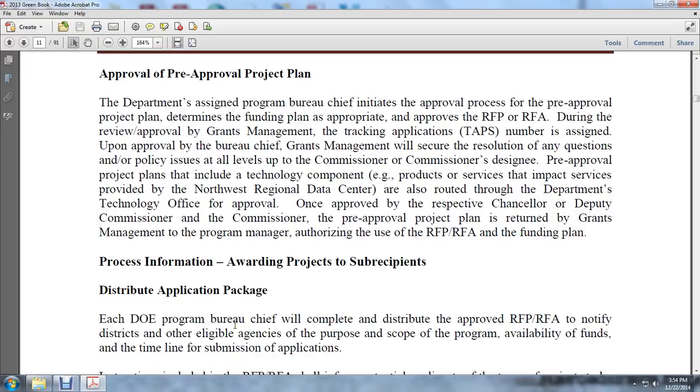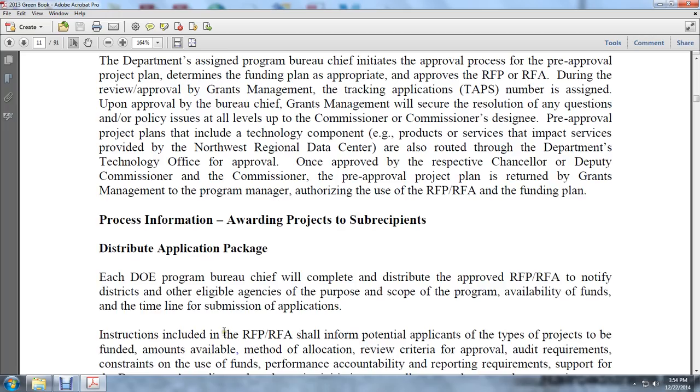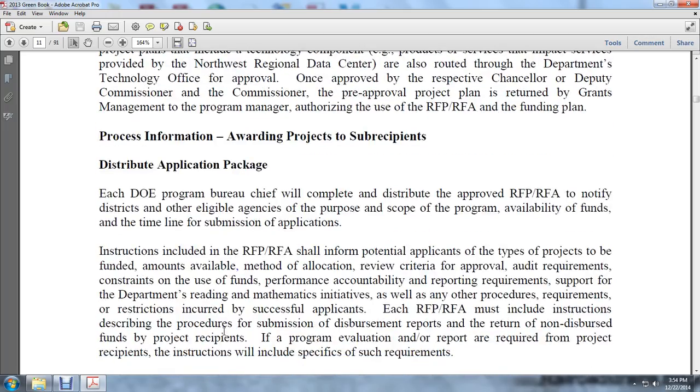Purposes, scopes of the program, availability of the funds, timeline of submission, applications, instruction for the request for proposal, request for application shall inform the potential applicants of the types of projects to be funded, amounts available, method for the allocation, review criteria for application, audit requirements, constraints for the use of the funds, performance, accountability, reporting requirements, support for the department's reading and mathematics initiatives,